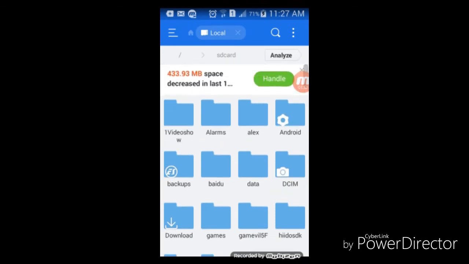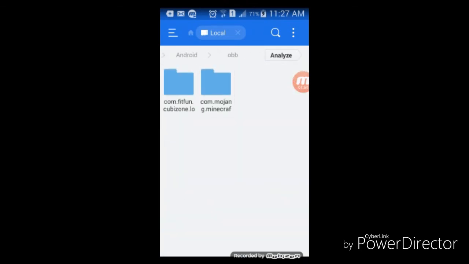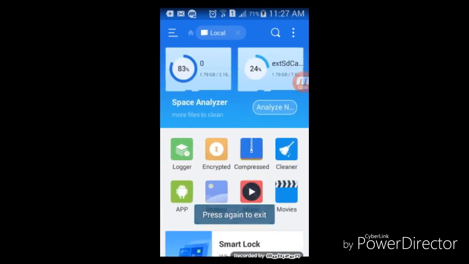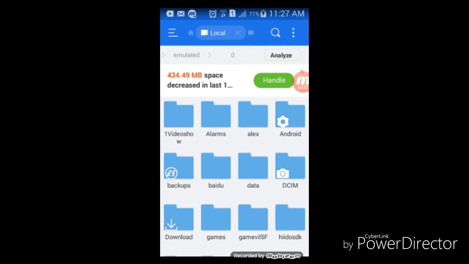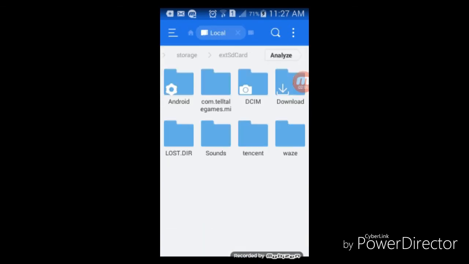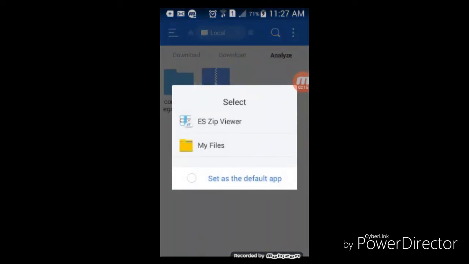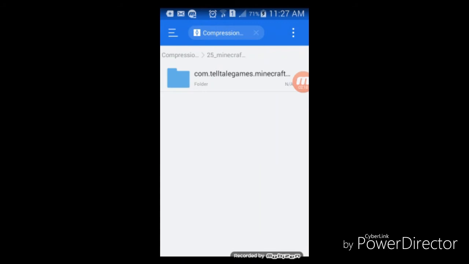If you already downloaded the Minecraft Story Mode, you go here and click download again, and you will see it, and you will extract them.